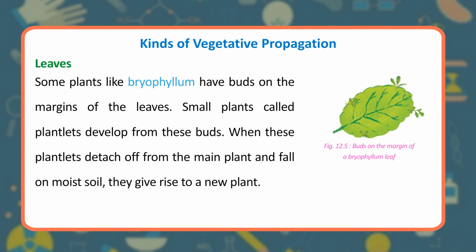Leaves. Some plants like bryophyllum have buds on the margins of the leaves. Small plants called plantlets develop from these buds. When these plantlets detach from the main plant and fall on moist soil, they give rise to a new